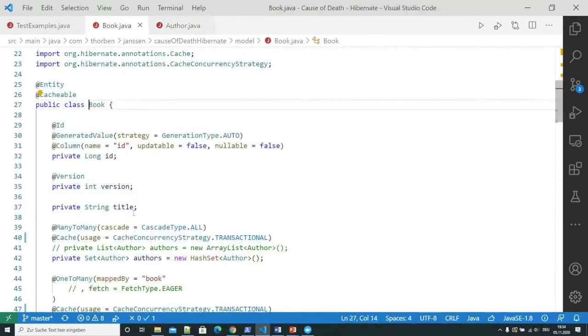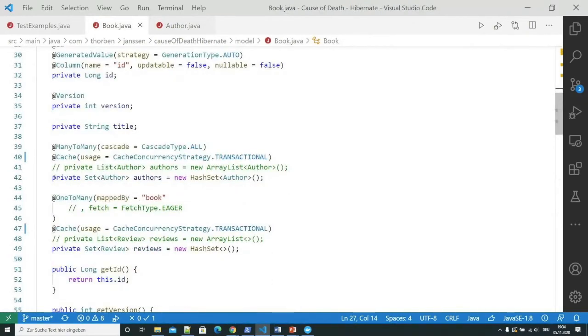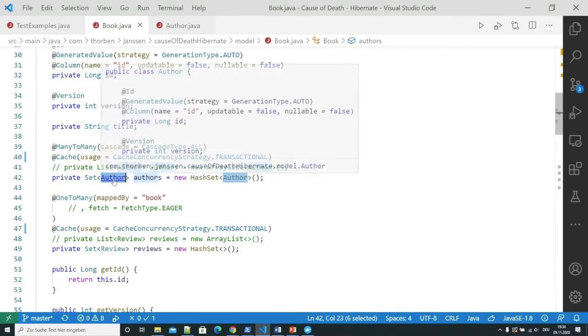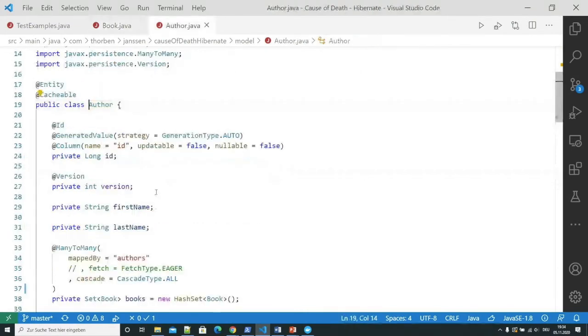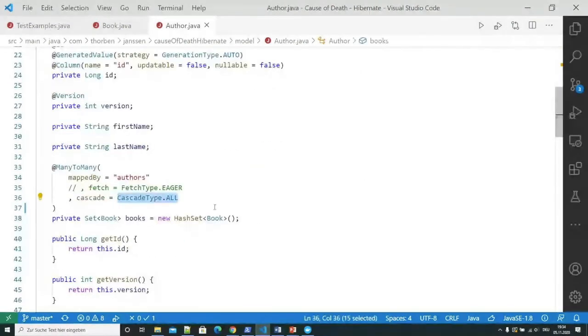To do that, Hibernate gets the books and finds this association here, which also has a cascade type all on it, which means that for each book, Hibernate now removes the authors. And Hibernate removes all authors of that book, even if they wrote other books. To make it even worse, because that book has a cascade type all on the many-to-many association, Hibernate gets the authors of that book and removes all of their books.